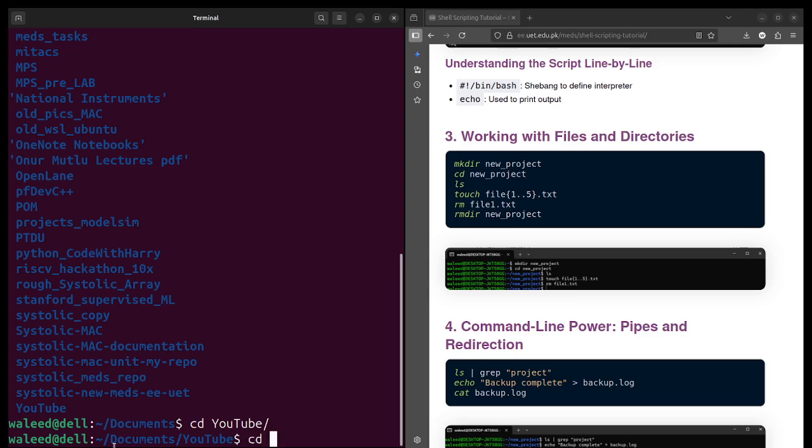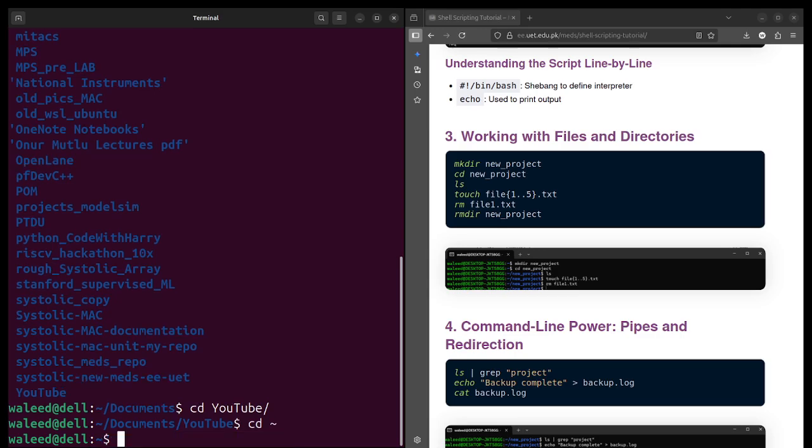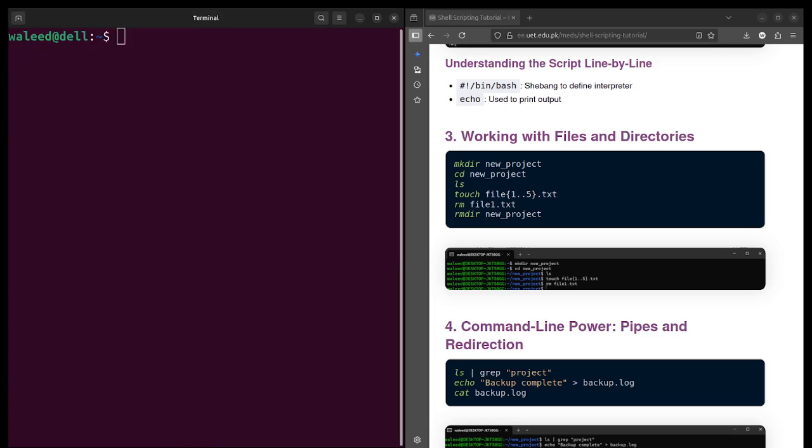It does not matter whether you are in YouTube or somewhere else, you just simply type this command and it will take you to your home. So it's a really useful command which you may use on a daily basis.